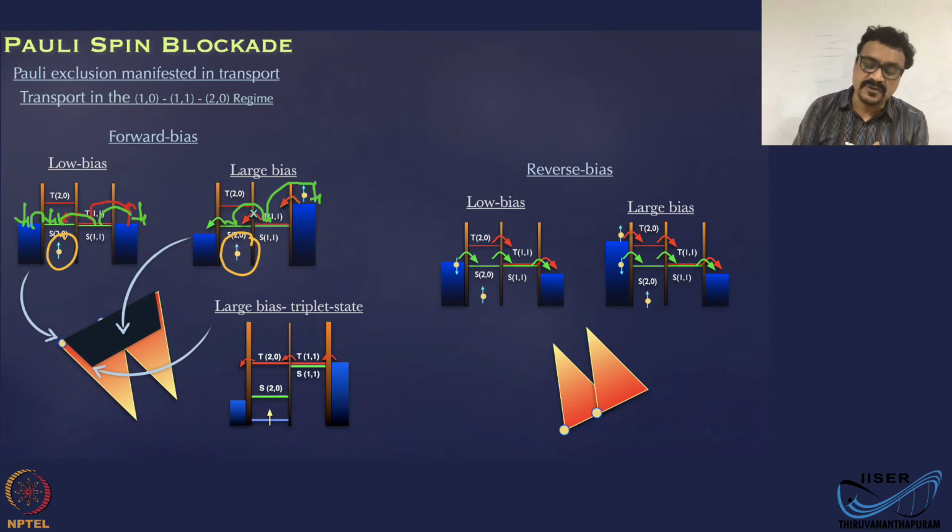So no matter what, in a fraction of time, you will have a spin up electron tunneling here. Now, the spin up electron, represented by the red arrow here, cannot tunnel into dot 1, or the left dot, because that state, the green level, corresponds to a spin down state. That is prohibited for a spin up electron by the Pauli exclusion principle. The spin up electron needs to go to the T20 state up here, but this state is energetically not available for that electron. That is high up.